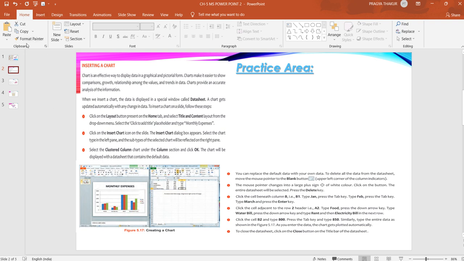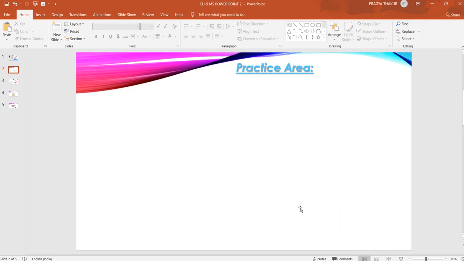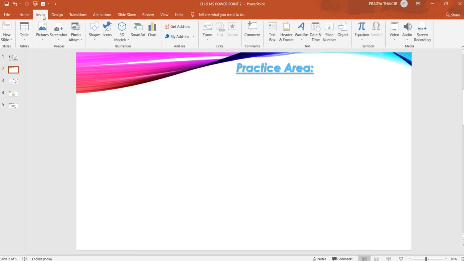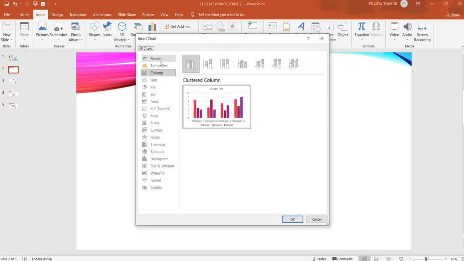To insert a chart, anything we want to insert in our presentation slide, we just need to click on insert. Let me clear this area. Okay, so children, see here insert tab is here. So in insert tab, illustrations group. Okay, don't confuse between the tabs and the groups. So insert tab, illustrations group, last option we have chart. Click this chart.